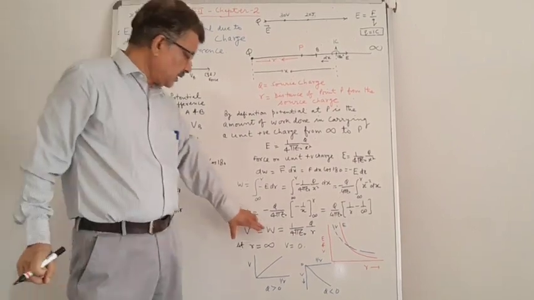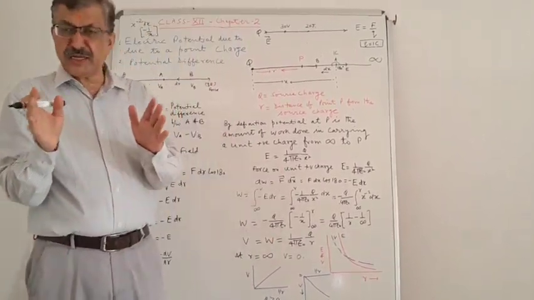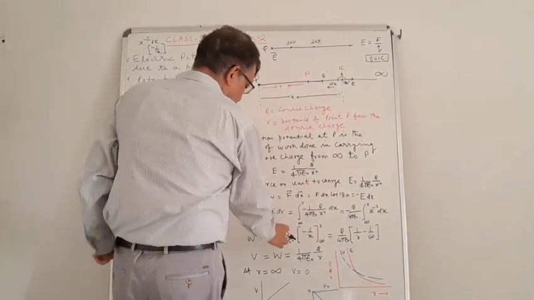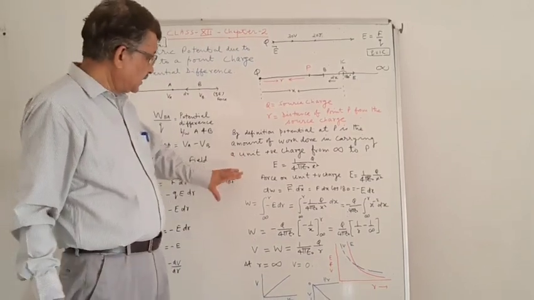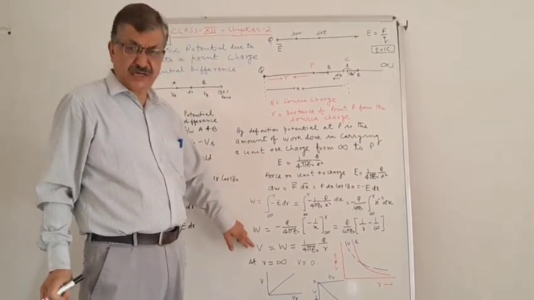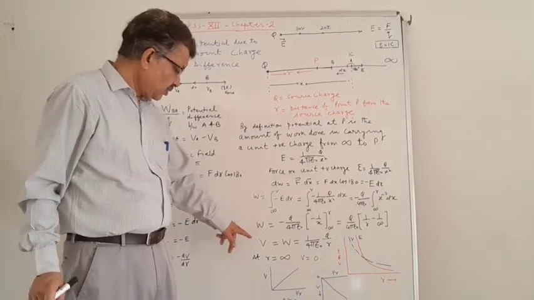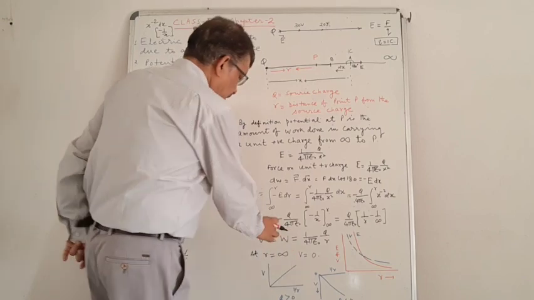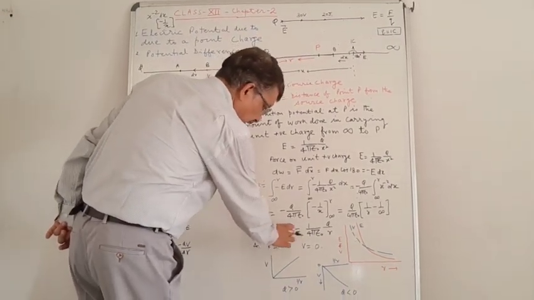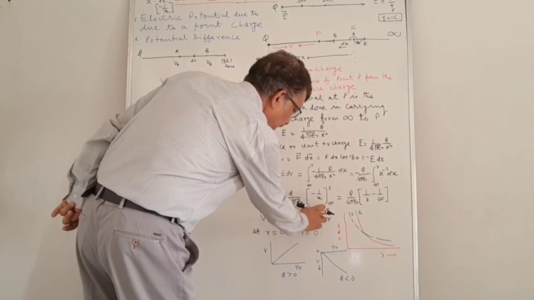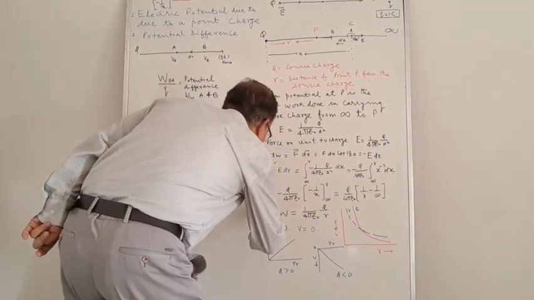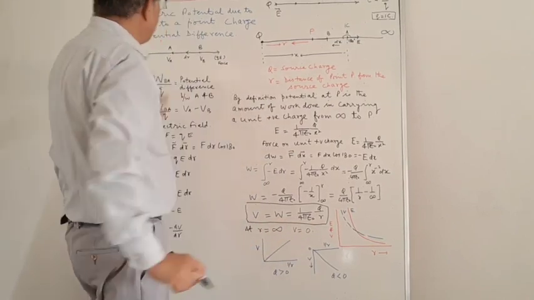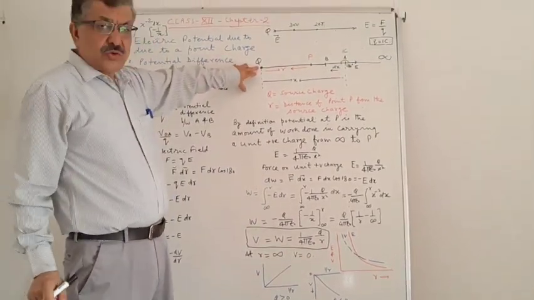So we have calculated the total amount of work done in taking the unit positive charge from infinity to this point. And now, by definition, this is just equal to the potential V at this point. So the value of the potential at this point P will be equal to W, and that is equal to 1 by 4 pi epsilon naught Q by R. So this is the potential at a point P due to a point charge, source charge Q.